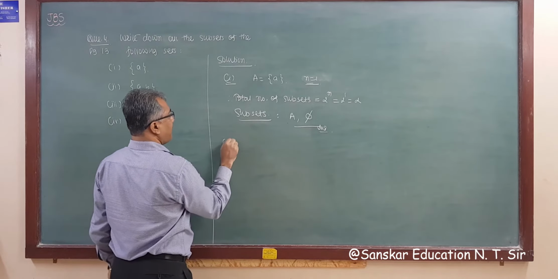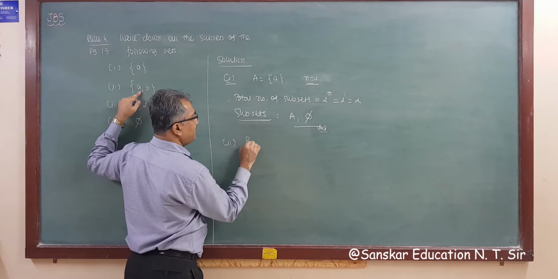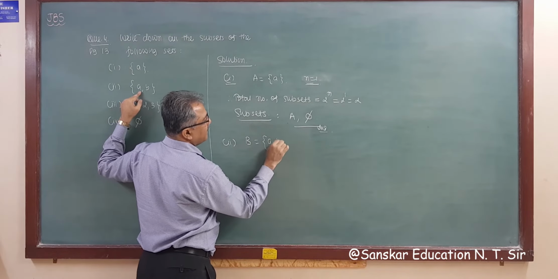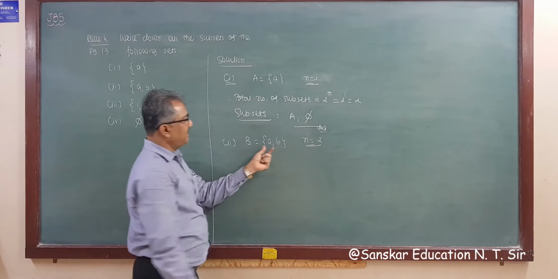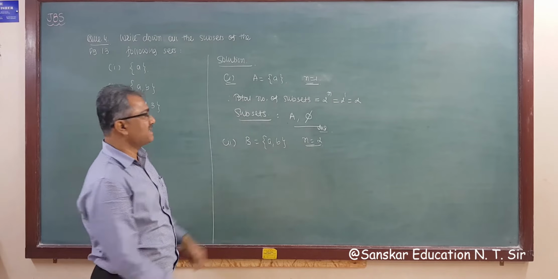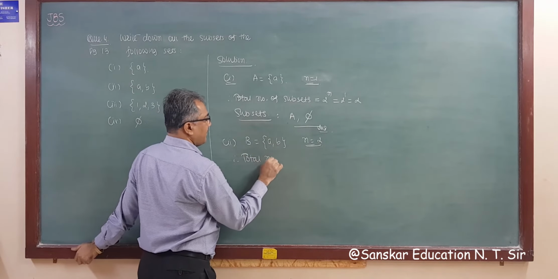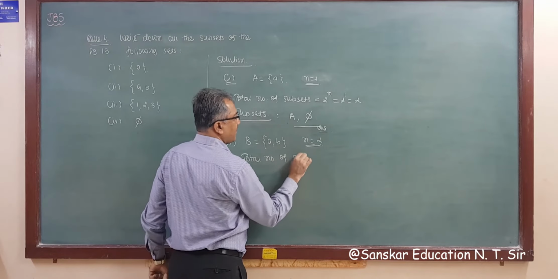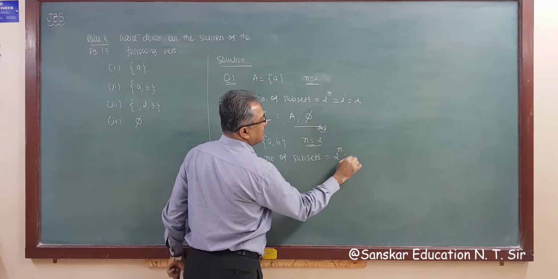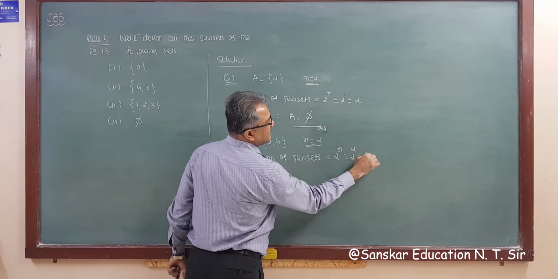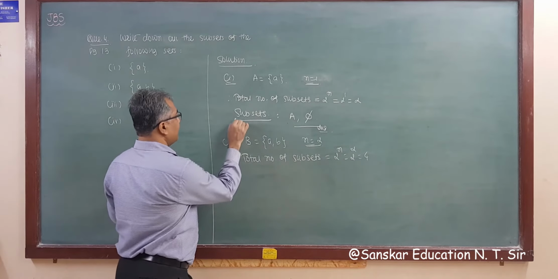Now the second one. Given {a, b}. So we say B is equal to {a, b}. So here n is equal to 2. 2 elements are here. So the total number of subsets is equal to 2 raised to n. That is 2 raised to 2, that is 4. That you know, 2 raised to 2. So the subsets are